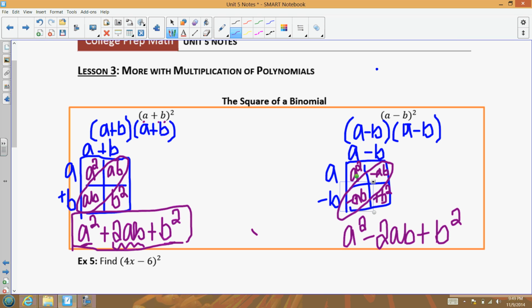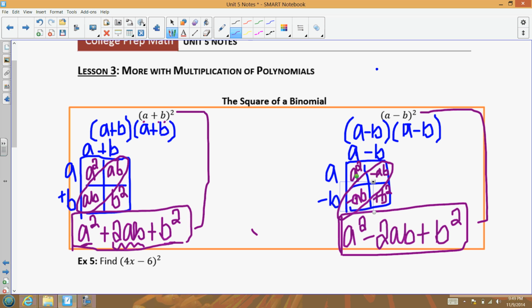It's minus 2ab. That's the only thing that changed. I'm still going to have an a squared and a b squared, but because of the minus sign between a and b, it results in a middle term of negative 2 times whatever a and b are. So you can use these special patterns or formulas to make some things simpler, but